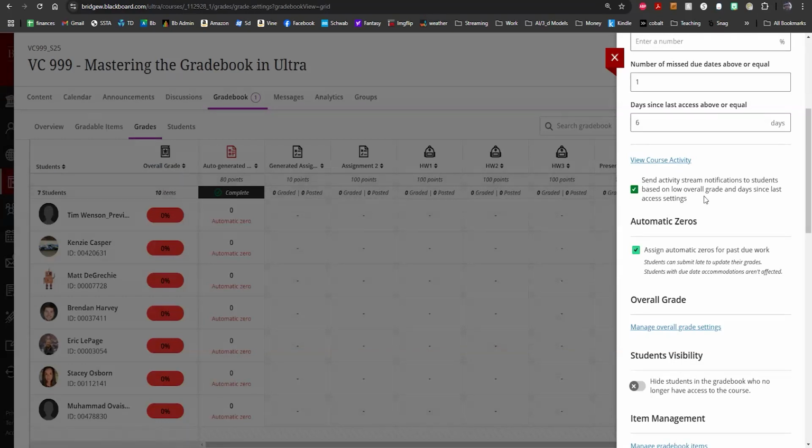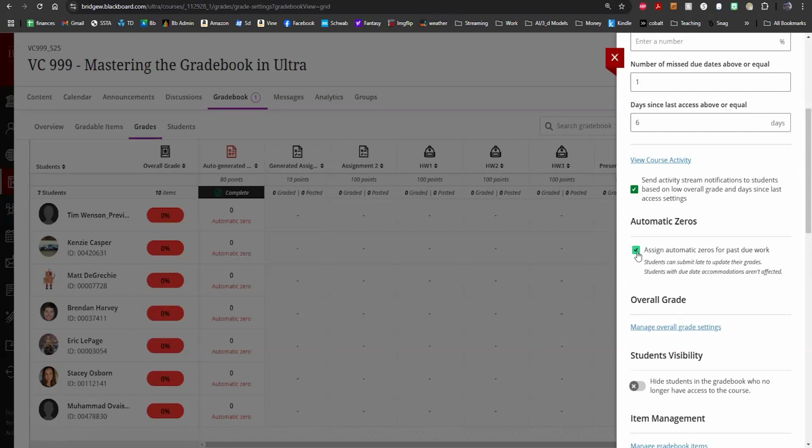So yeah, if they haven't accessed the course in 7 days, it'll pop up and just kind of give them a little notification that they should probably log into my online class. Here's the automatic zeros thing that Melissa was just talking about. So I have it turned on right now in this course, and I only put one due date in. I do want to just show you what it looks like if you were to turn it off. So you might need to turn it off this semester, or if you don't want it. And like Stacy said, after this semester, it will default to off. So if it is a tool you like, then you just have to come to this page and turn it